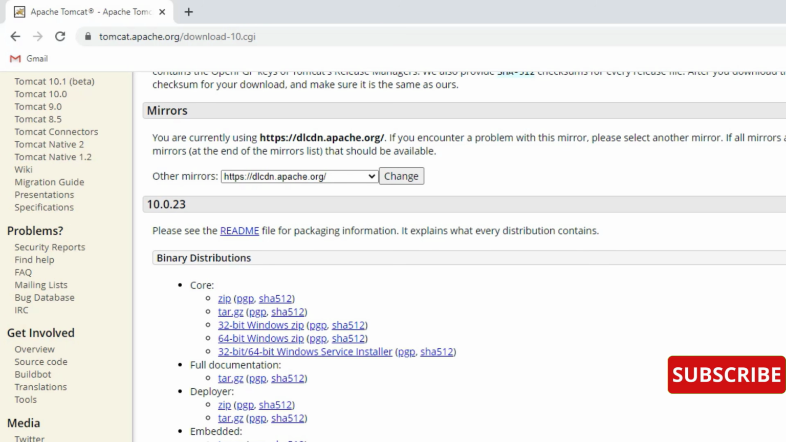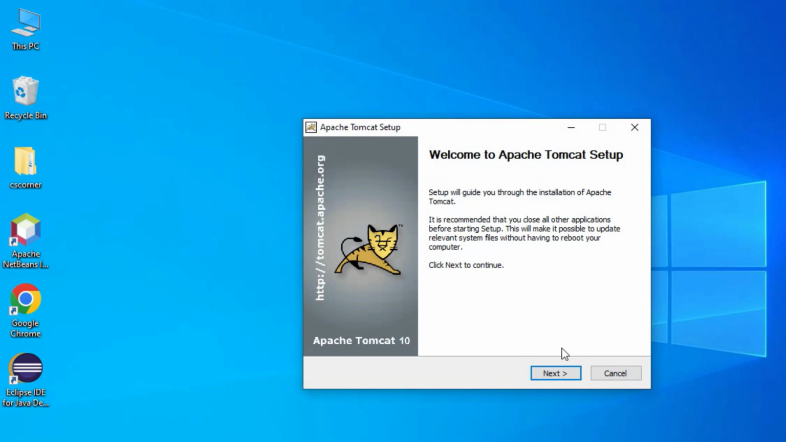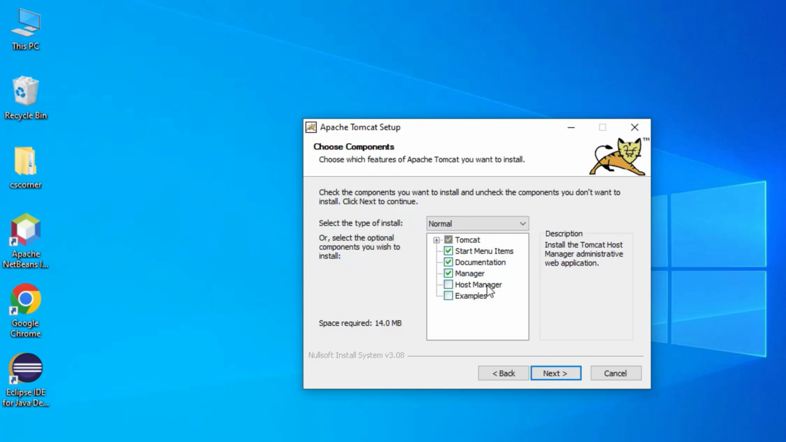Okay, now my exe is downloaded. I'm just going to run this. It is asking me permission. I'm going to click on the yes button. Here let's click on the next button and then accept the license and agreement. Click on the I agree button and here just check mark these two options, host manager and example, and click